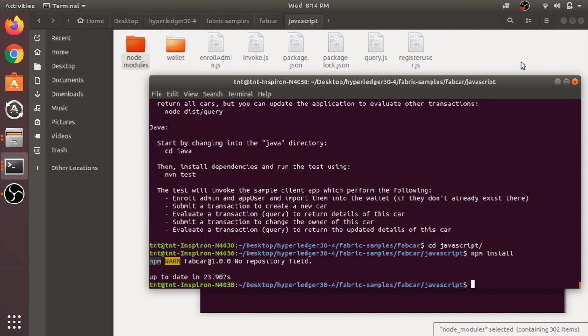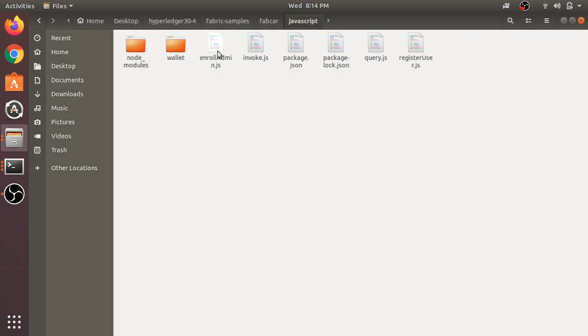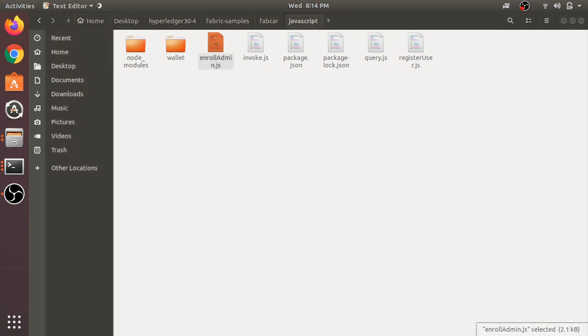So next we are going to invoke enroll admin. For every Fabric application you must have an administrator with the highest priority.